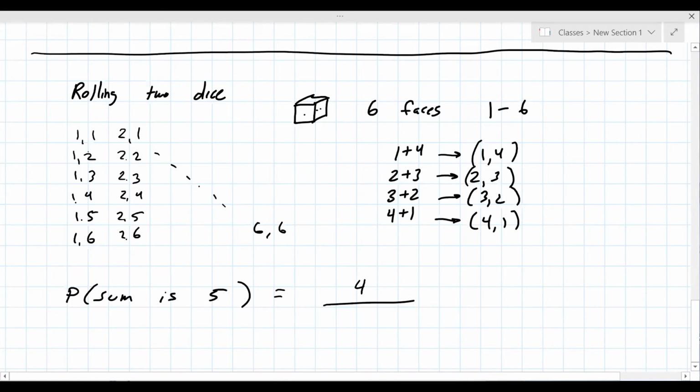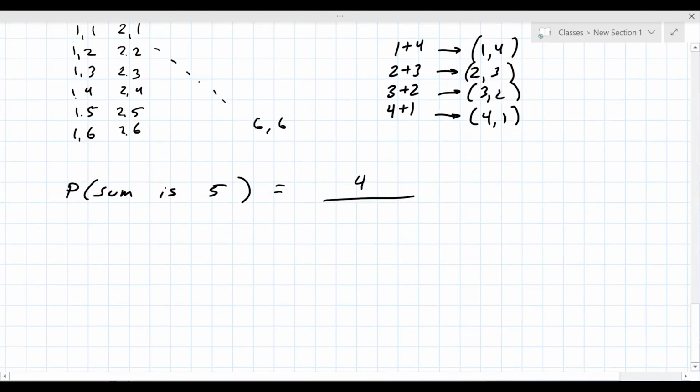Okay, if you were to make this table, you could just count them up. You may not want to do that. That takes a long time. What if I had you roll 3 dice? That would take a really long time. So there's another type of problem that allows you to figure out the sample space, because we're really looking for